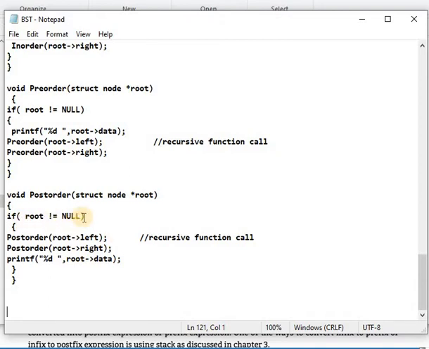So if root is not equal to null, then post-order on left, after that right, and then the function is called recursively to check whether the left node is available; otherwise display the data. The particular data is displayed using the printf function.